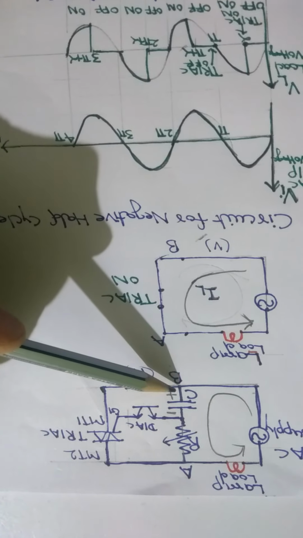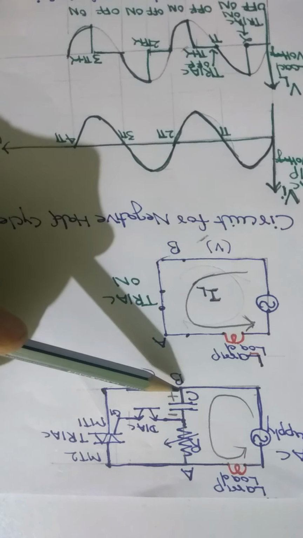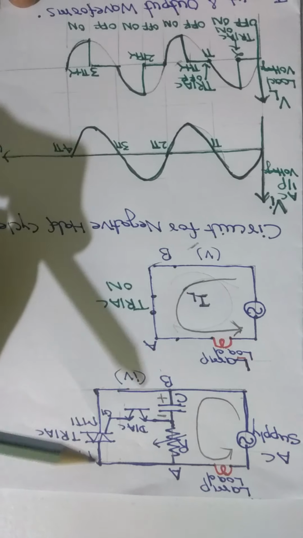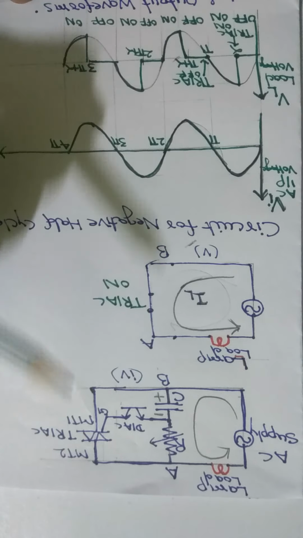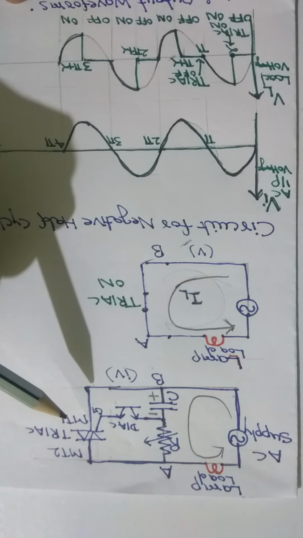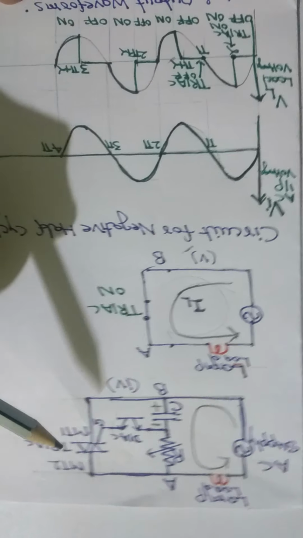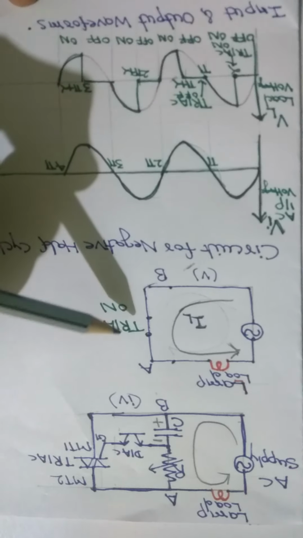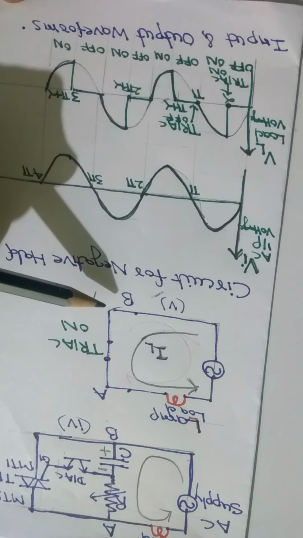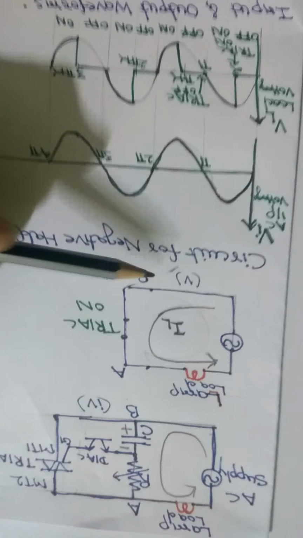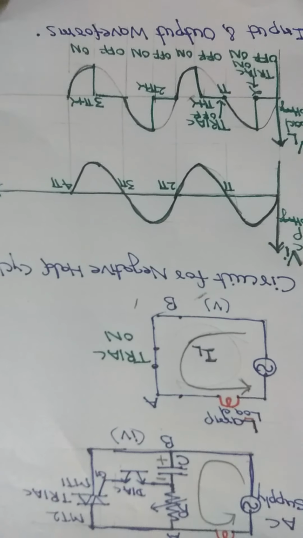During this process, when the voltage across the capacitor is equal to the breakdown voltage of the diac, at that instant the diac is turned on, and all the voltage across the capacitor is applied to the gate terminal of the triac, and the triac is suddenly turned on and acts as a closed switch. So R, C and diac are short circuited, and the circuit looks just like shown in figure 5.